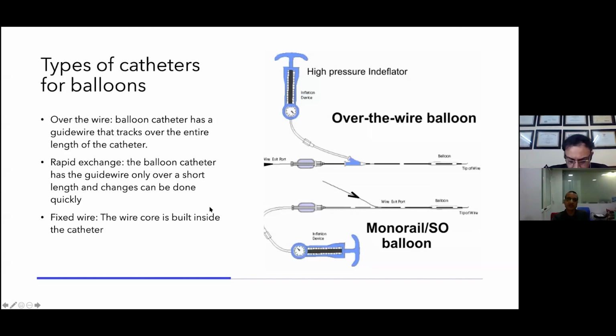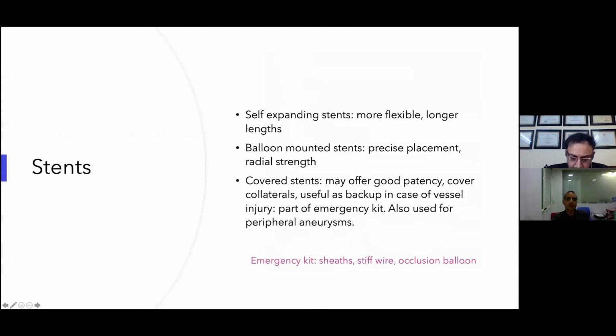And then once we do the angioplasty, we would like to place a stent in many situations. There are different types of stents available. Self-expanding stents are more flexible and come in longer lengths. Precise placement can at times be difficult because sometimes they do jump, but as delivery systems are becoming more stable, we are finding it easier to deploy them better. Then we have balloon mounted stents, where the placement is very precise.